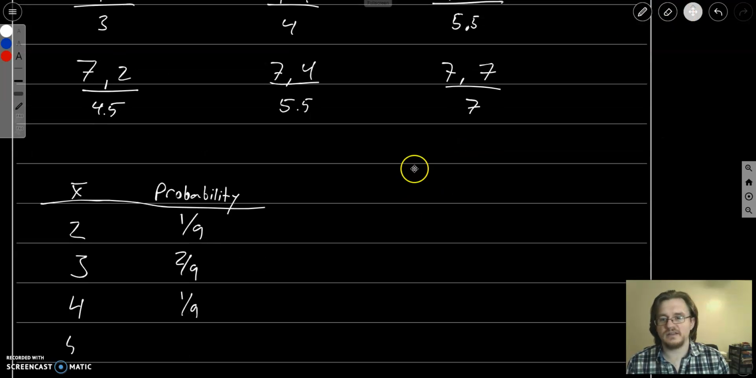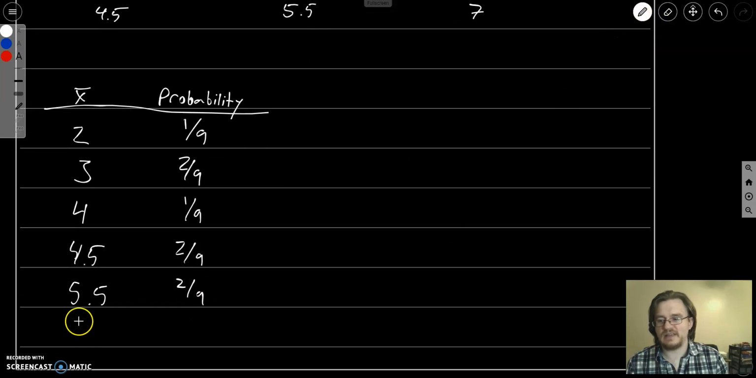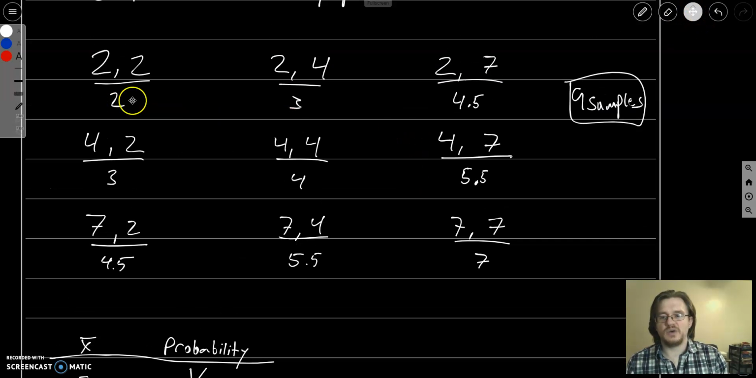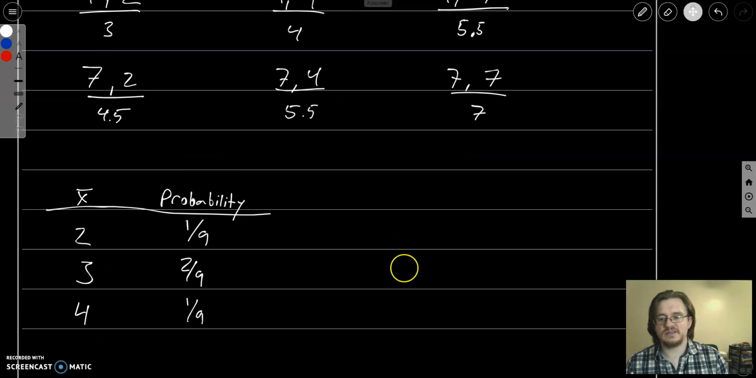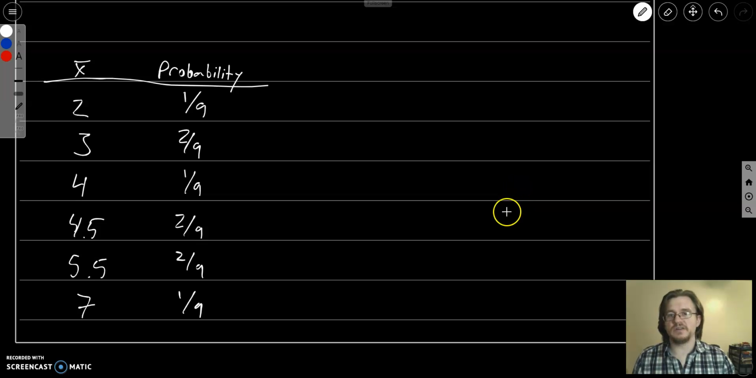If I just look, 4.5 is a sample mean, and that occurs twice. 5.5 is a sample mean that also occurs twice. And 7 is a sample mean, and that one only occurs once. So again, 7 only occurs once, 5.5 occurs twice, and in order to calculate the mean of all the sample means,